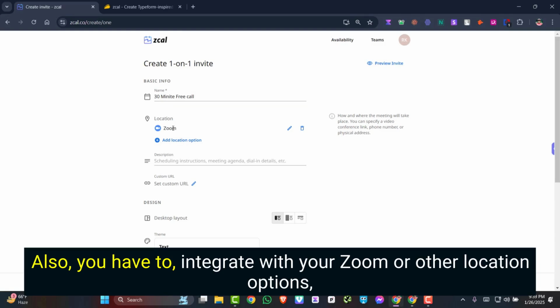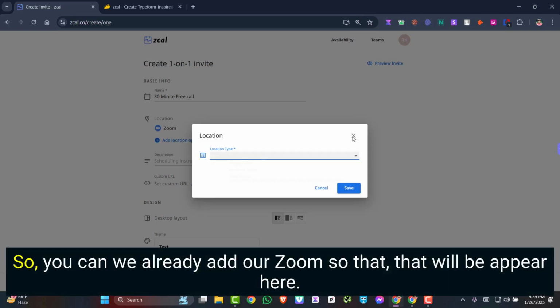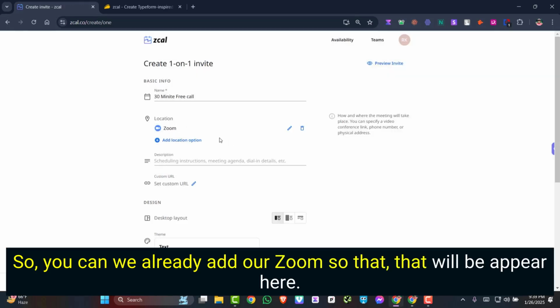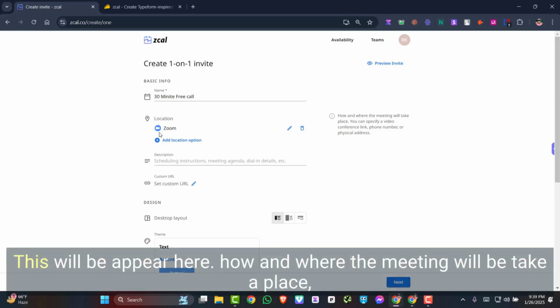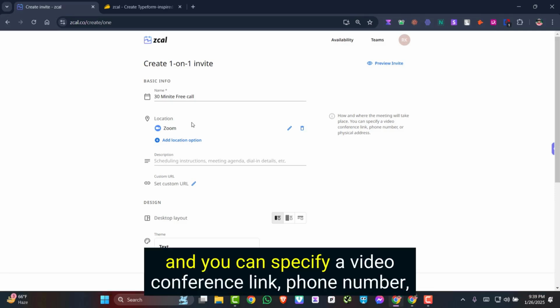Also, you have to integrate with your Zoom or other location options like Zoom, Google Meet, Microsoft Teams, and custom text. We already added our Zoom, so that will appear here. This shows how and where the meeting will take place, and you can specify a video conference link, phone number,